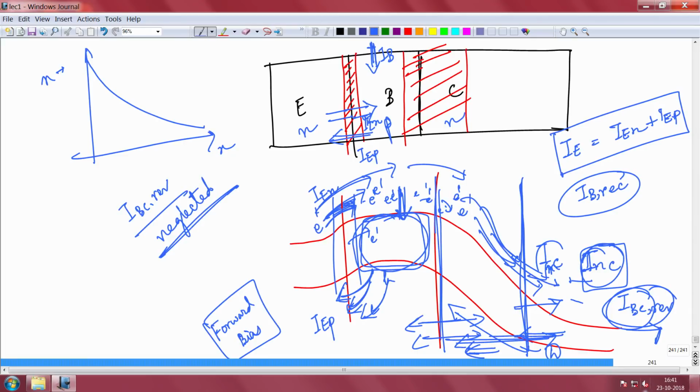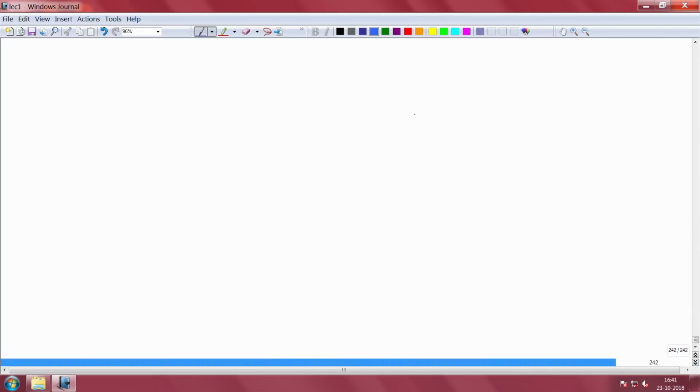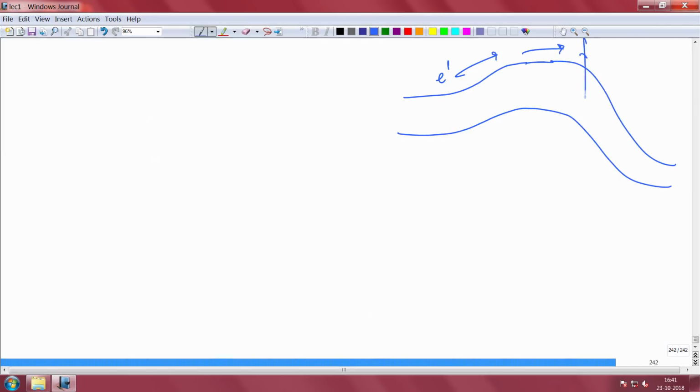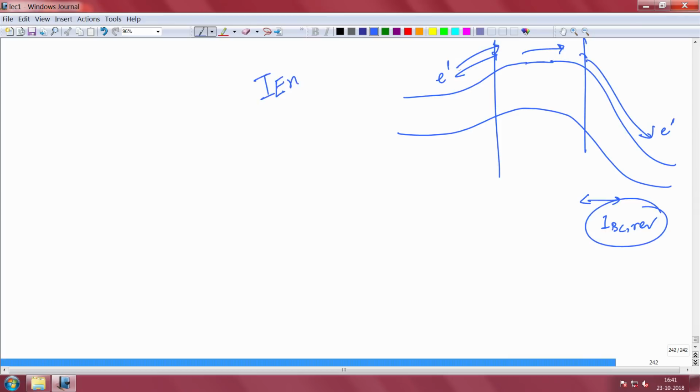So, what are the main currents now? We have discussed many currents, right. So, let us draw the band diagram again under operation. The base emitter is forward biased and the base collector is reverse biased. Okay. So, electrons are injected from here, some of them recombine, and as soon as they go to the edge, they are immediately swept away here. I told you there is a base collector reverse bias current, which we typically ignore. So, the main components are electrons injected from emitter to the base. That constitutes IEN. The base also injects holes, this is a p type, so it injects back here. That is IEP, another component.